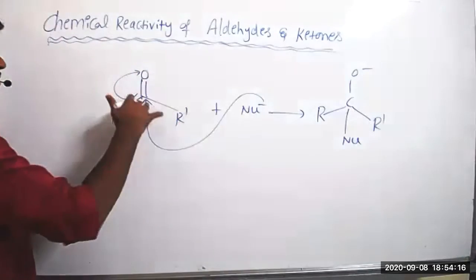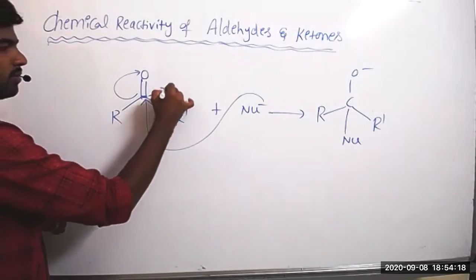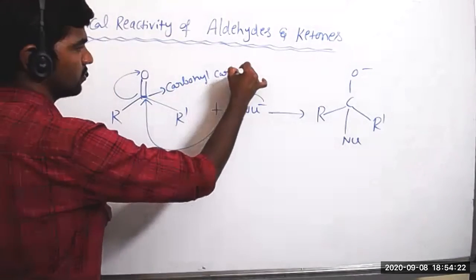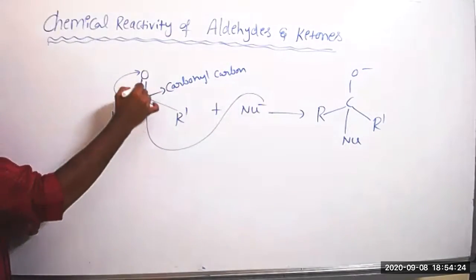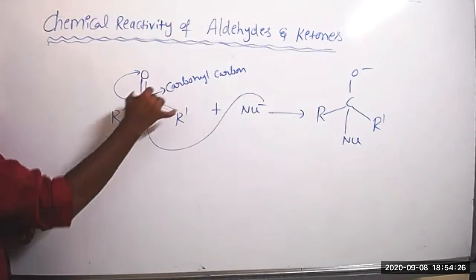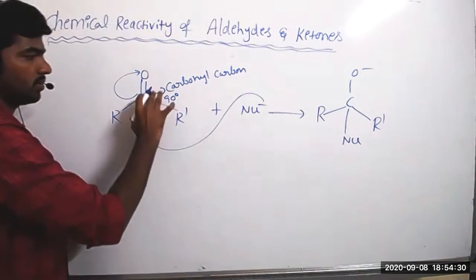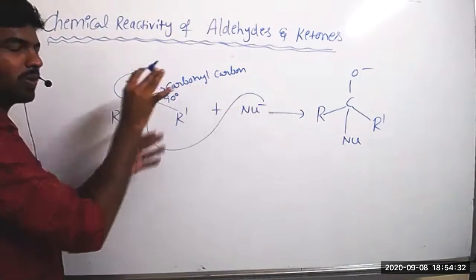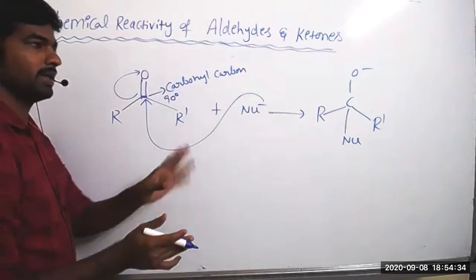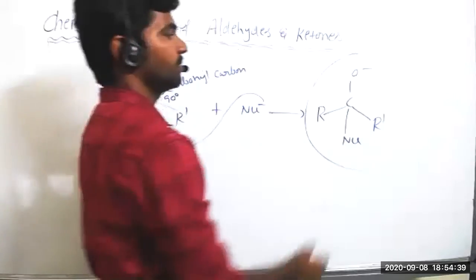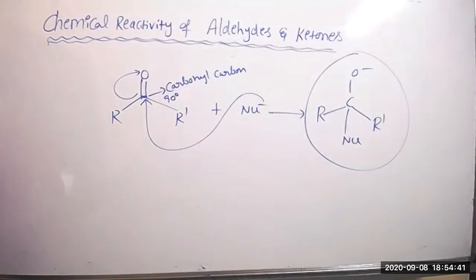And the nucleophile also attacks this carbonyl carbon at a 90 degrees angle, because this is already a planar shape. The nucleophile attacks at 90 degrees. When it attacks, totally 4 bonds will come. So the four bonds are not present in the 2D plane. They exist in a 3-dimensional plane. I think you know what the shape of this molecule is now. Before, this was planar.